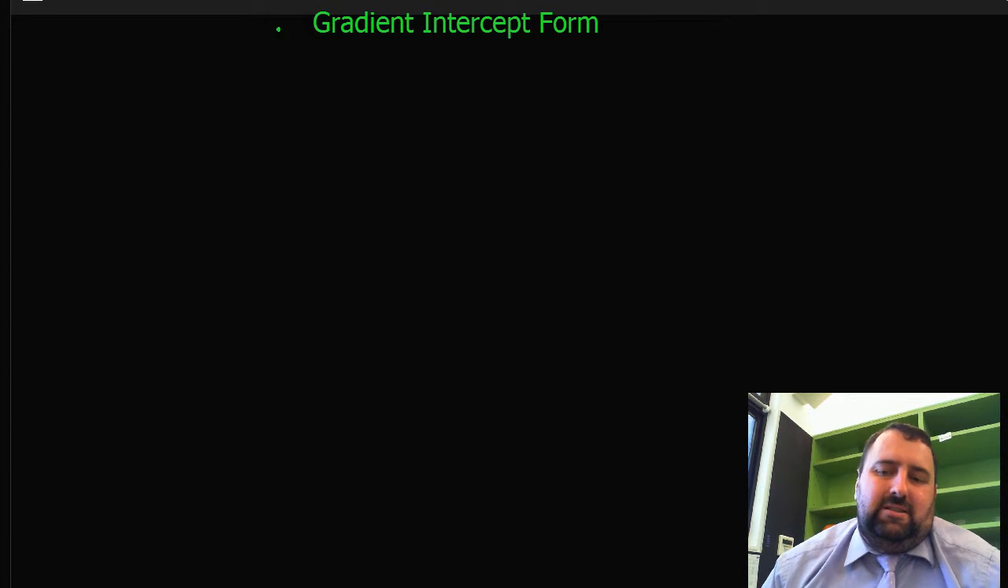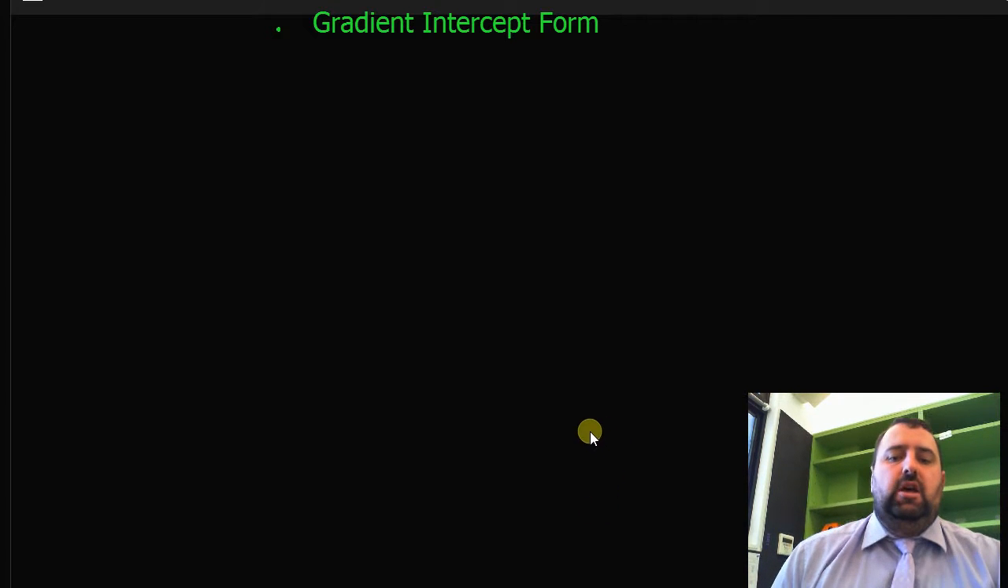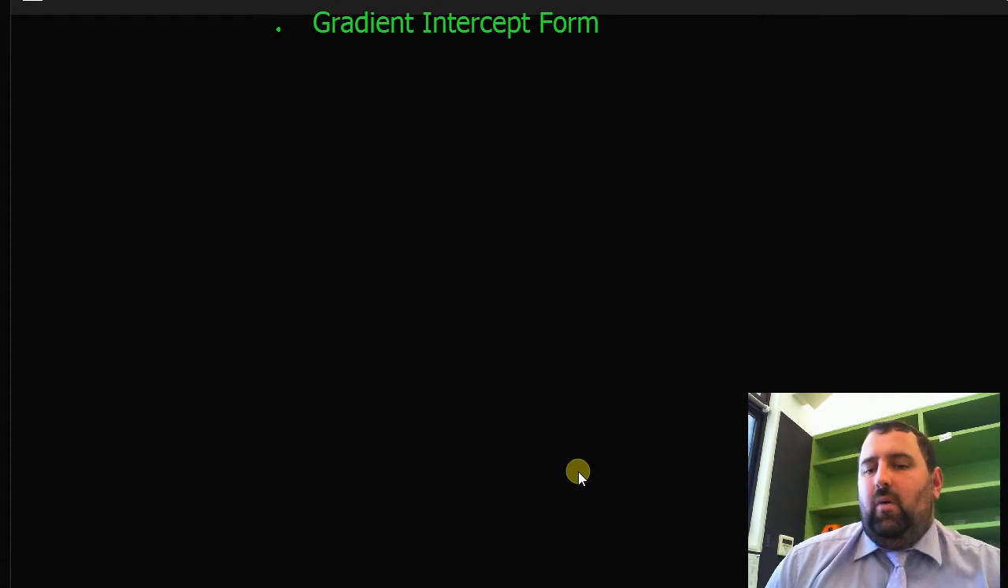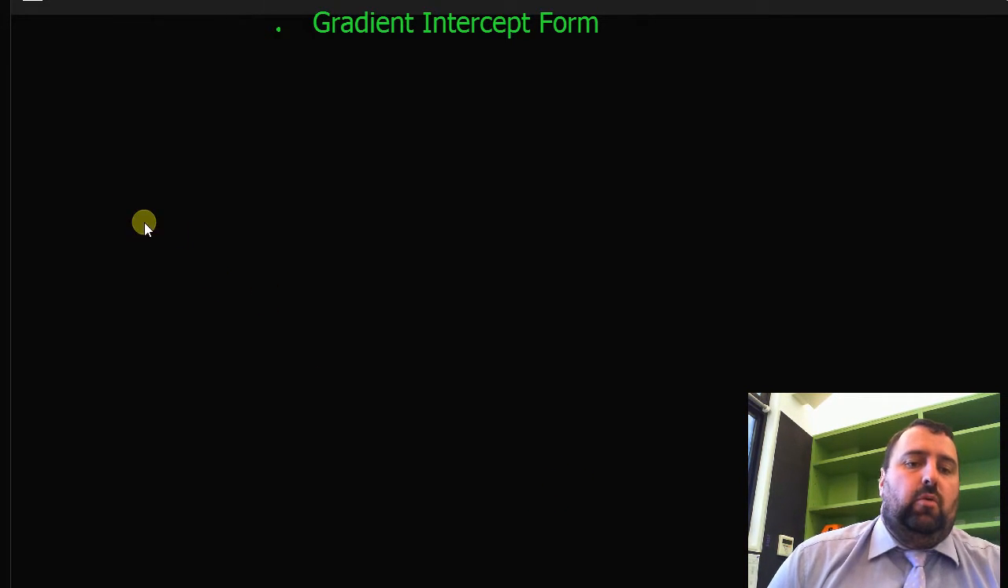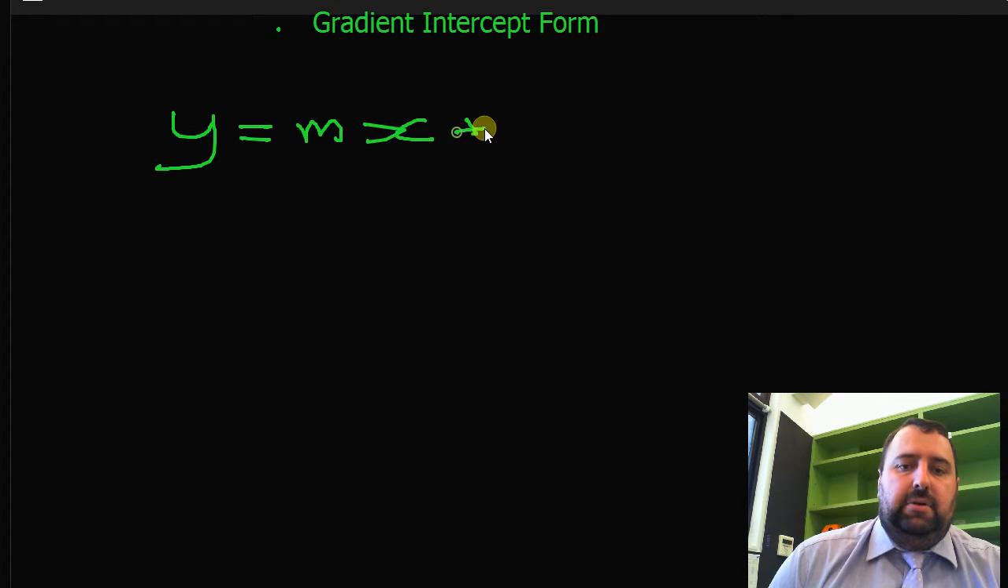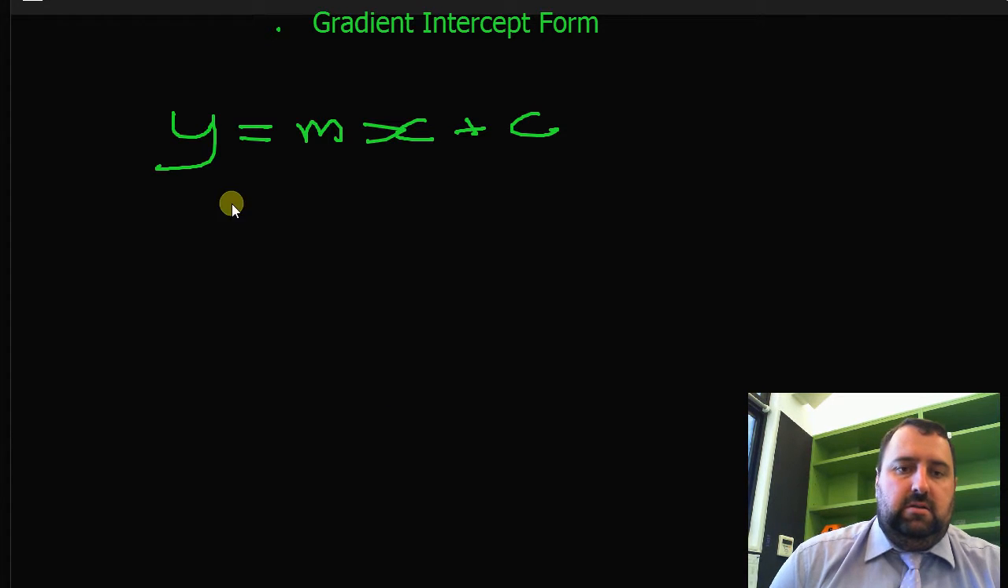And that brings us to something known as gradient-intercept form. Now, gradient-intercept form is a way of writing equations using x and y, where all you need to know is the gradient and the intercept. So the way we write it is as y equals mx plus c. All right, so the thing to note here, I'll write m in a different colour,